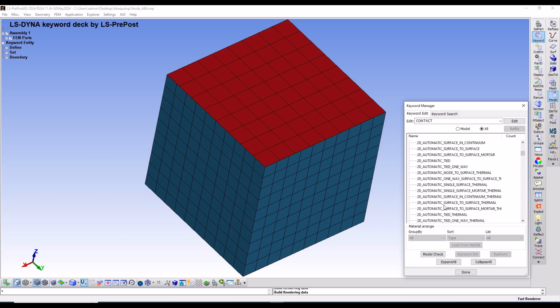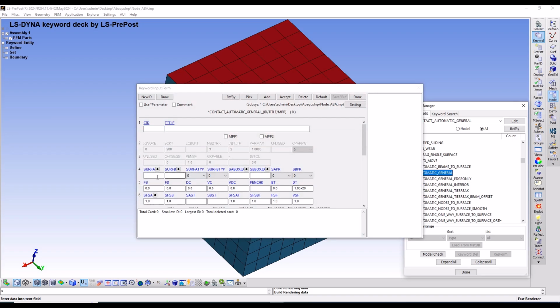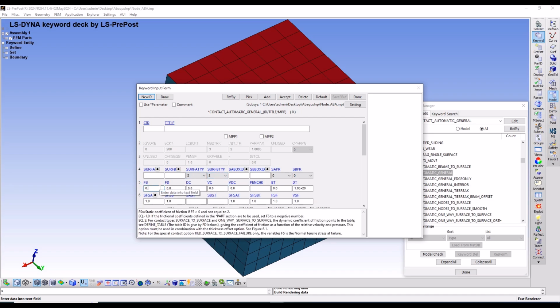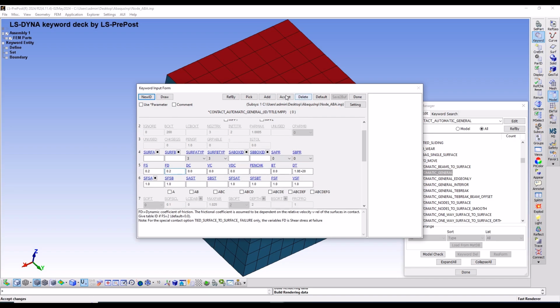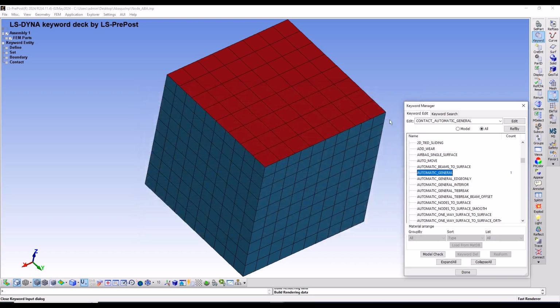So I will use automatic general and just put part ID and static and dynamic friction coefficient 0.2, and just this, accept, done. And then